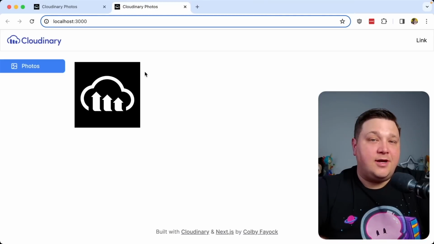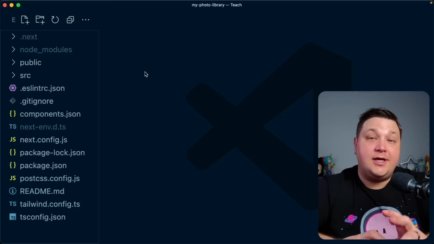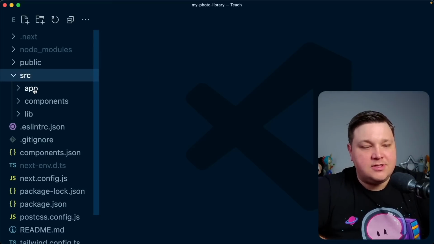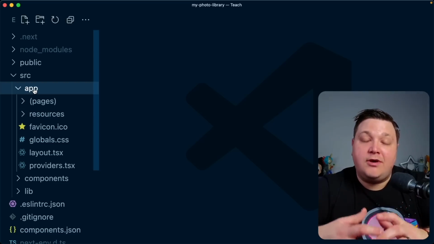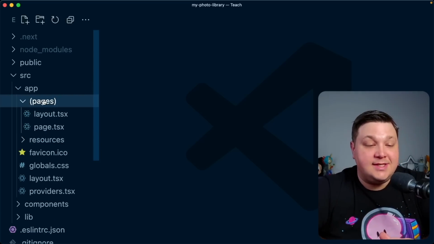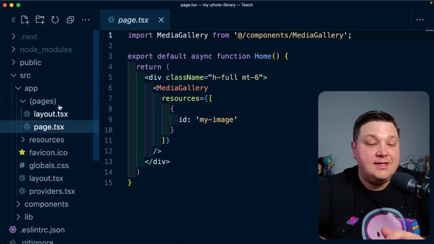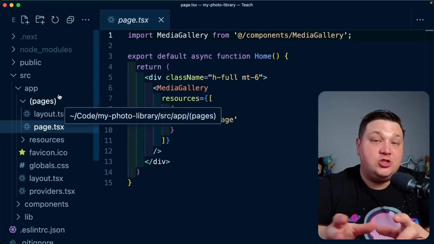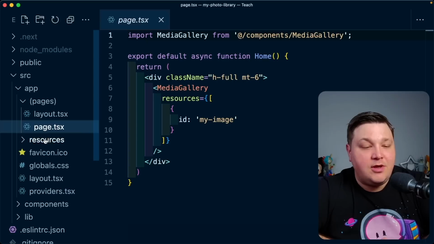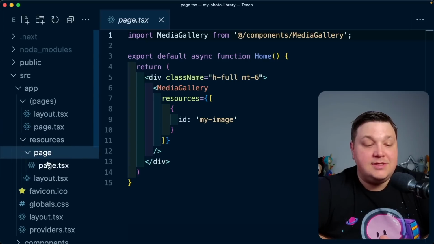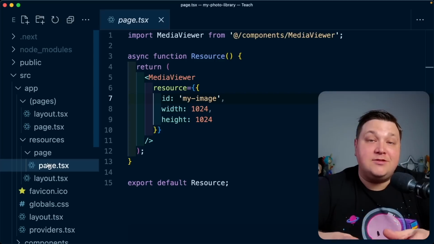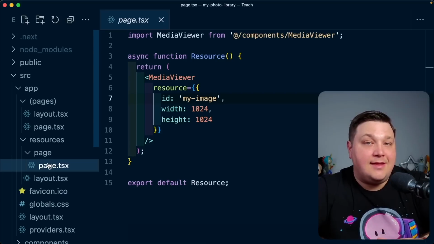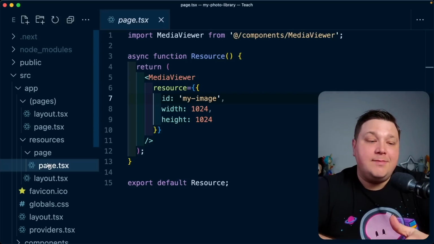So now that we have our project started, we can head over to our code editor, where let's take a quick look at what's inside. If I start navigating to my source, my app directory, where we're primarily going to work out of is the page file, which we can see is grouped under pages. And I'm doing that so I can have a custom layout for just that page. But then we can see we also have the resources page, where this is going to be where we're going to have our individual page for every single image, so we can have that dynamically created. We'll see how we can get to that later in the tutorial. But we're primarily going to be working out of these two